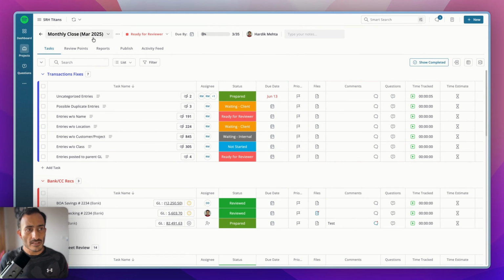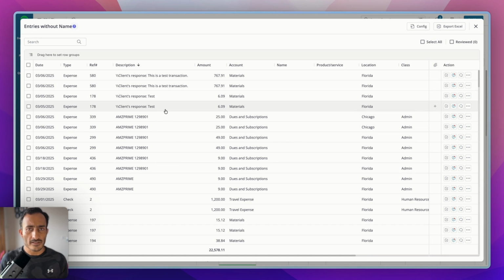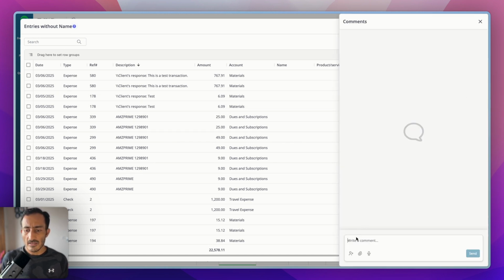So right now I'm in monthly close for this client named SRH Titans, and let's just say I have a question on this particular transaction. All you simply do is click on this comment icon, type in whatever your question is, assign it to the respective person, and click on send. The question will then be sent to that person. That person gets an email with the question you typed in,